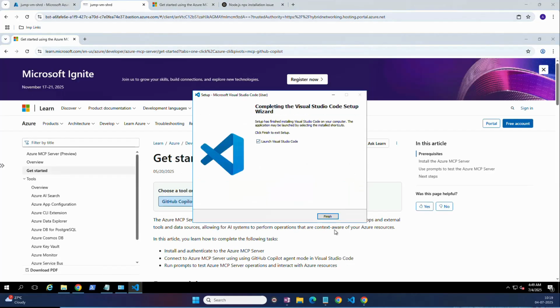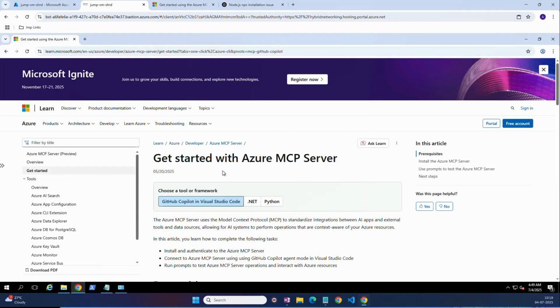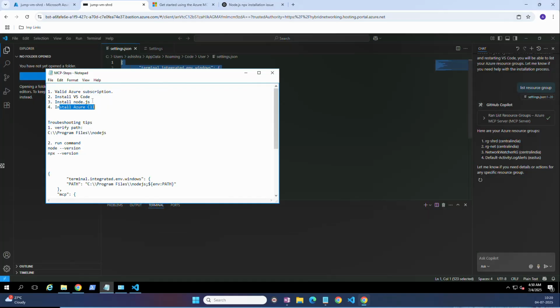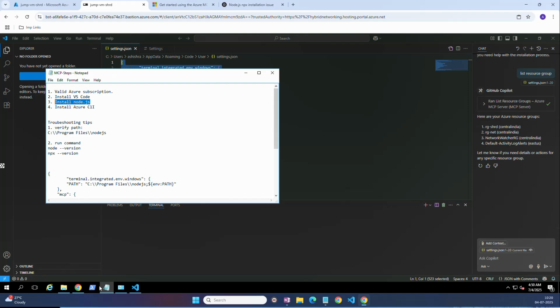So the installation completed for VS Code. I will move to the next action item from the list, which is Node.js. Before installing Node.js, I will go back to the article